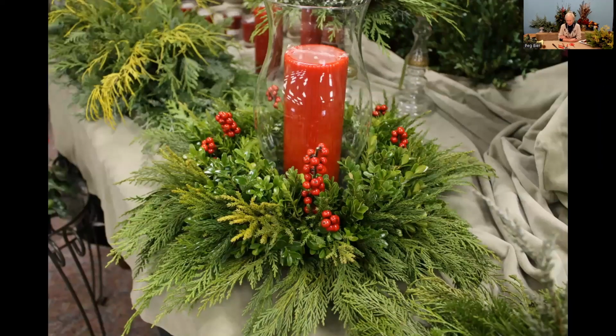Okay, this is something that I love to do. I love to burn candles behind the glass where I know that it's safe. And that's a beautiful little round design. Size could be modified according to the size of the area in which you are using it. And if you come back to me for a second,